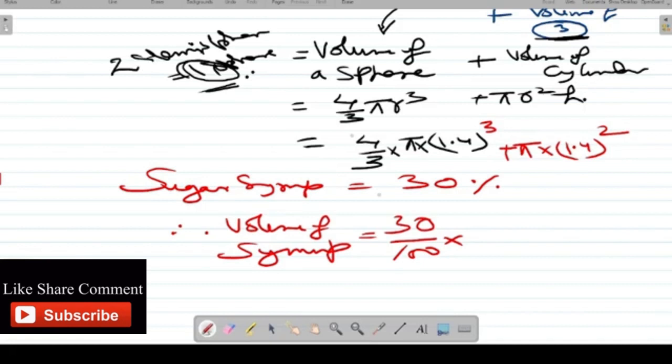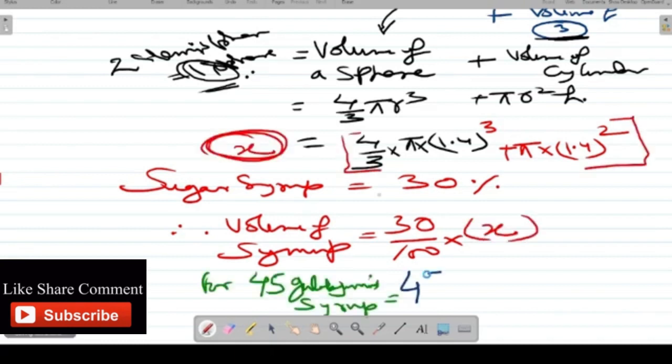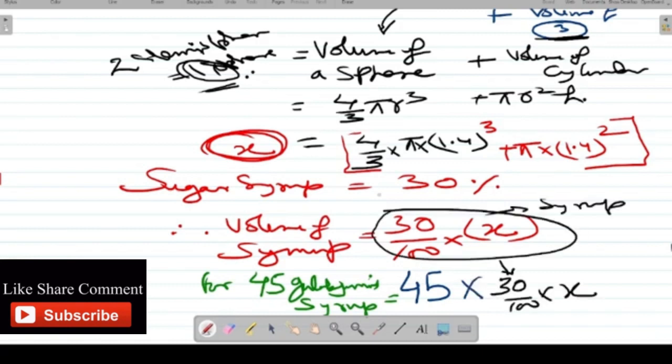So for 45 Gulab Jamuns, the syrup will be 45 into 30 by 100 into x, where x is 4 by 3